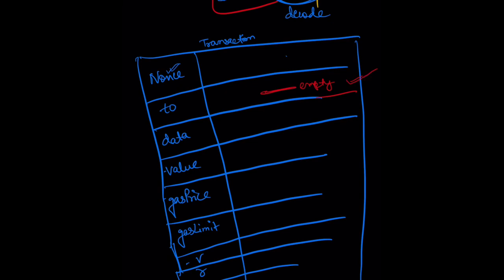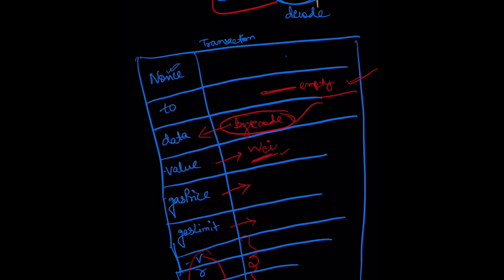So this is empty, and when this is empty, then the EVM will know that okay, this is a contract creation transaction. Okay, this data is going to be that bytecode which we just now discussed. This bytecode is actually going to be stored in this data field when we are sending the transaction. Now value is normally the price that you pay in Wei, and these three are all the cryptographic information which will verify the sender.